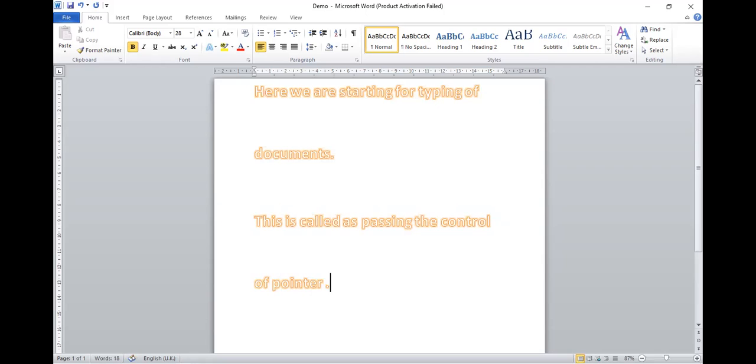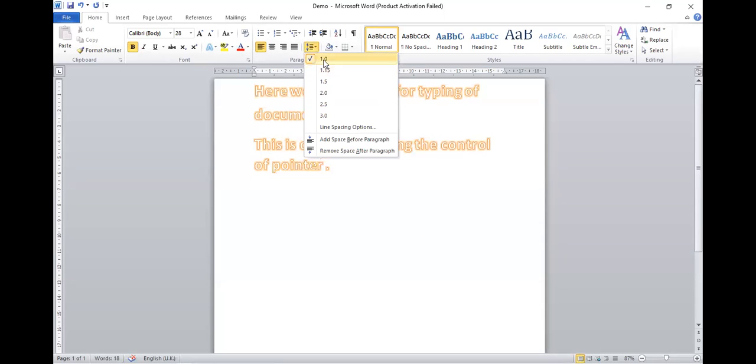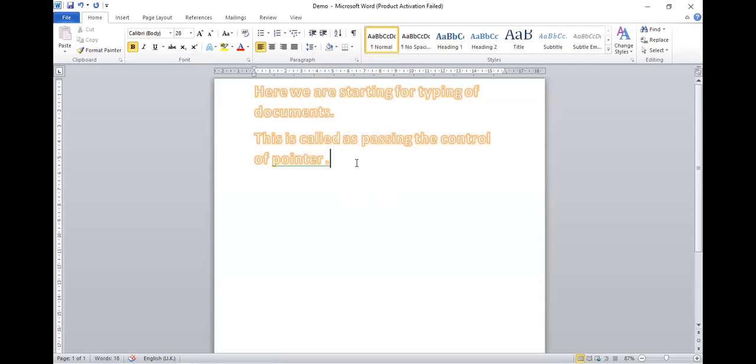We will release the space. We have given lots of space already, so we have to release this space. Here you can reduce the space of the text. This is called passing of control of the pointer. From that pointer, we can start the typing.